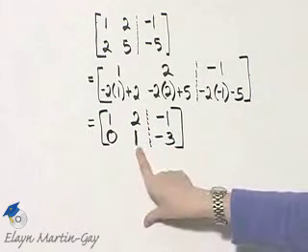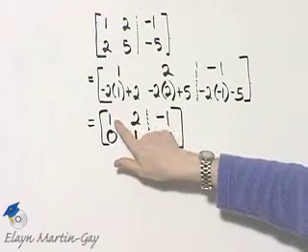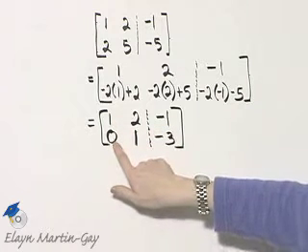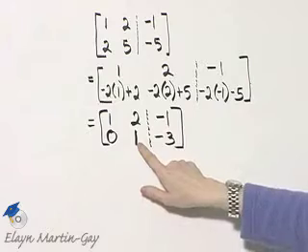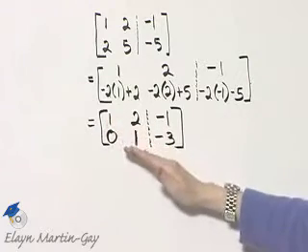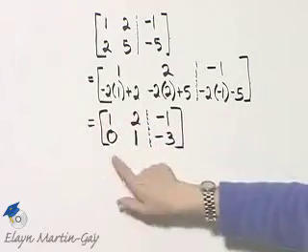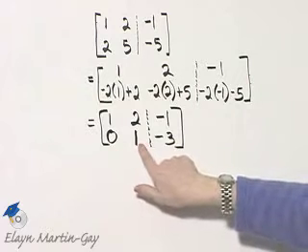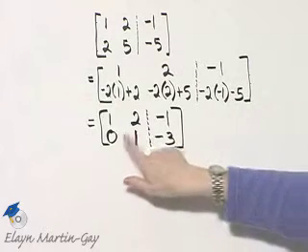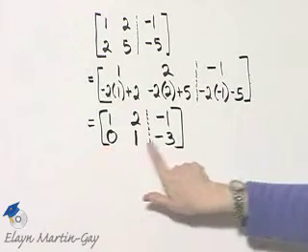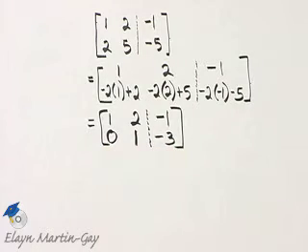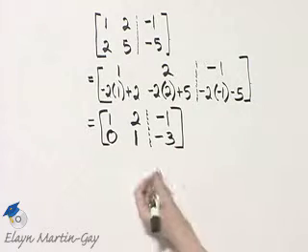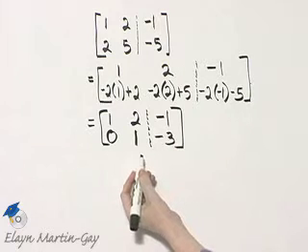Now, it just so happens that this was already a 1. I made this a 0 by this work. It just so happens that this is a 1. So notice I have 1s along the main diagonal, 0s beneath. Had this not been a 1, whatever this number was, I would divide the second row through by that number. But notice I have it in the form I want, so let me go ahead now and convert back to